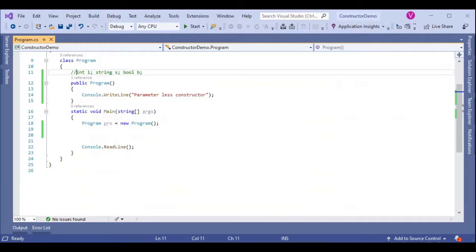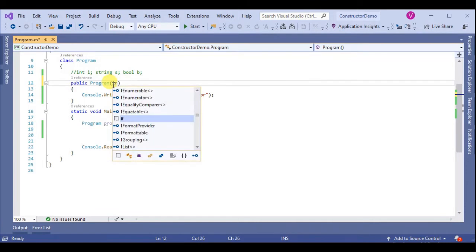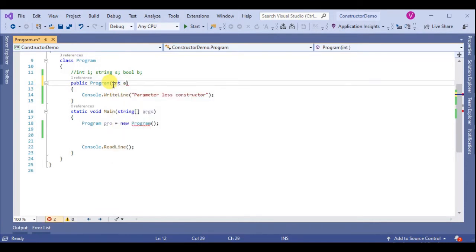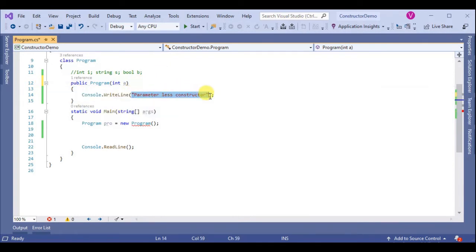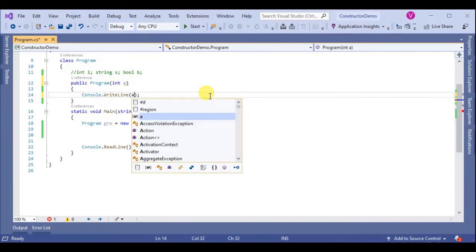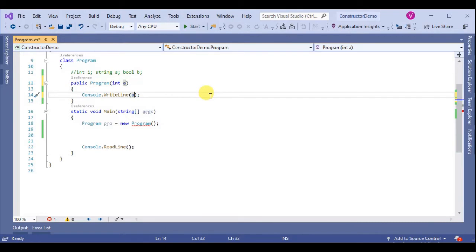So now we understand it in Visual Studio. Here we declare a parameter inside the program constructor, int a, and print the value a, and provide the value here, 1. Save and run.